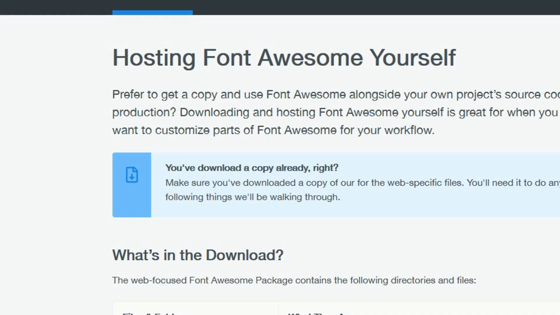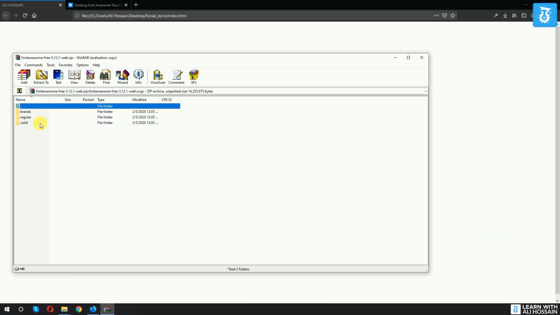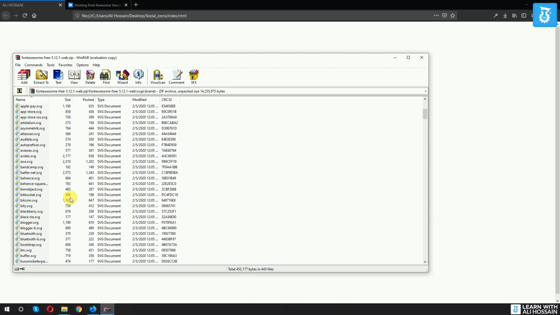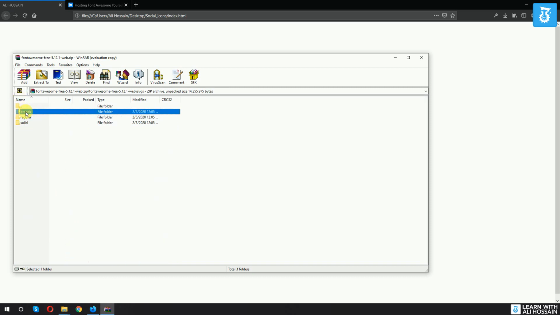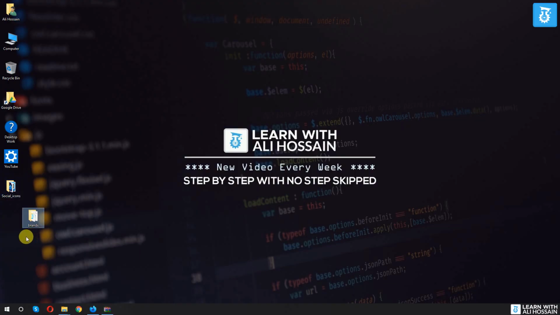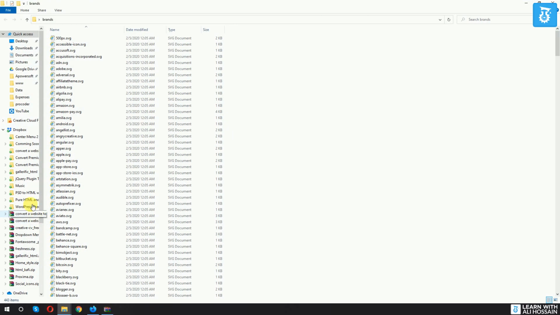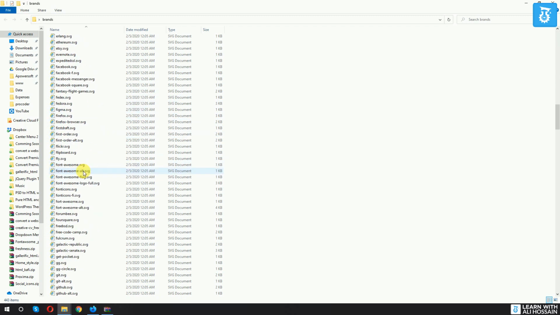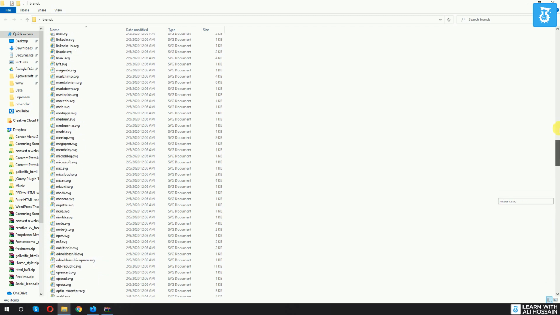Actually on my website I want to use Font Awesome for brands, that means I want to use this for the social section or other. In that case I will only focus on the brands folder, and if I open it, you can see that here are plenty of icons. So now what I will do, I will copy the brands folder onto our desktop. As you can see, it's here, right? Now I will use only selected ones. I don't need to use all of them. As you can see, here are plenty of brand icons.